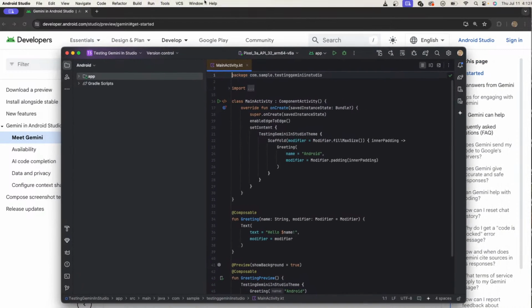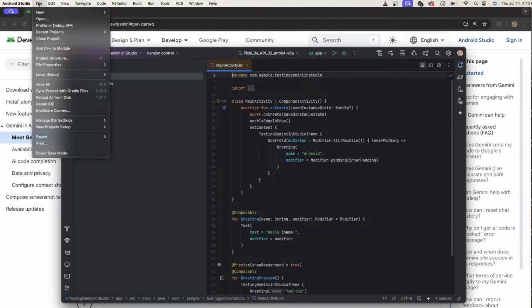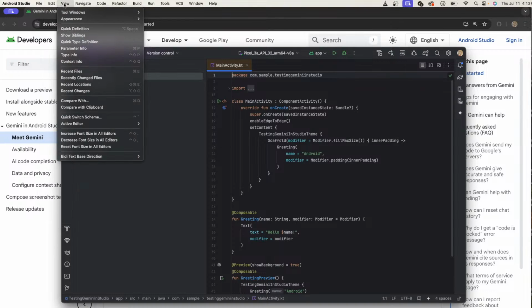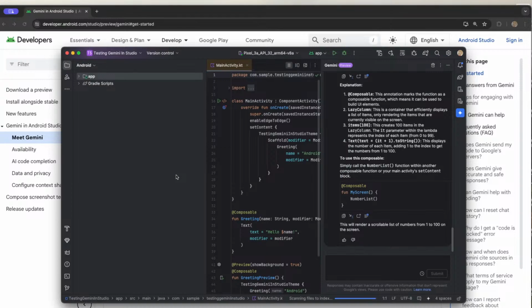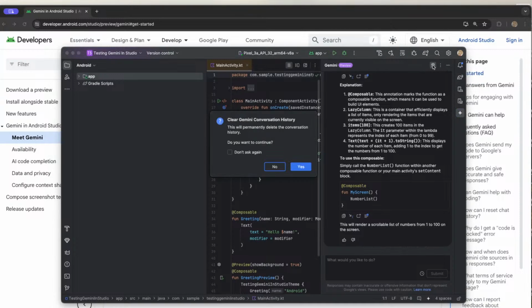So here we'll go to View, and then Tool Windows, and then we're going to go to Gemini. Alright, and I've been doing some testing before this video, so I'm going to go ahead and hit Clear